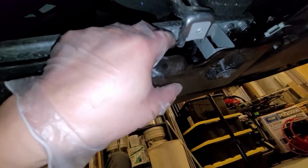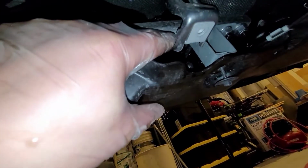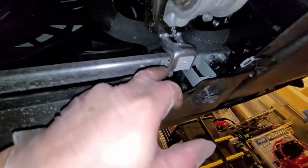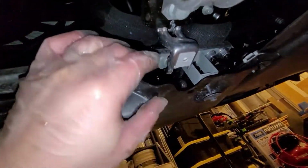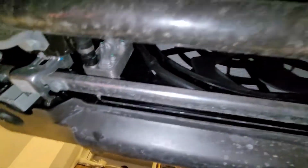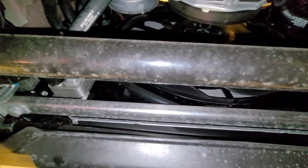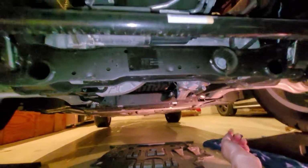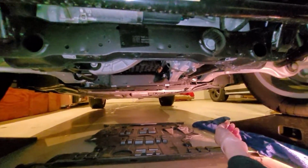So getting up the cover, watch out for this little hook here. It hooks up to the plastic cover. I just have to unhook this to get it out, so there's one on this side as well. Another angle. This is looking at the bottom of the car,